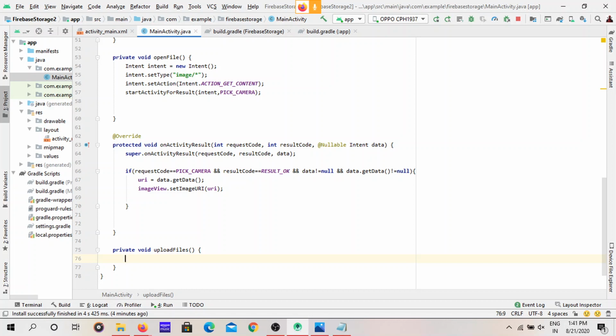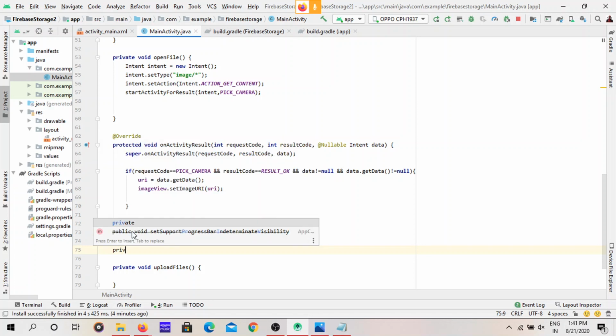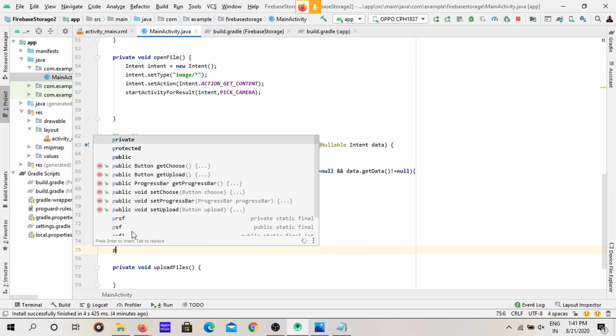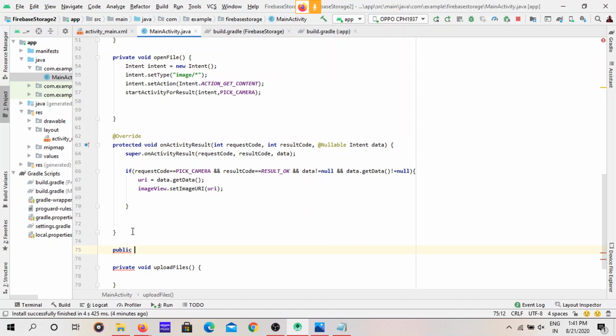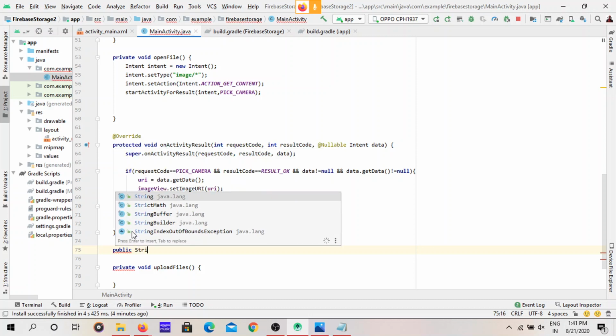Now we have to get the type of the file. For that we can have a function. We create a function called getFileType. It is a string type function. Private or public, anything, public String.